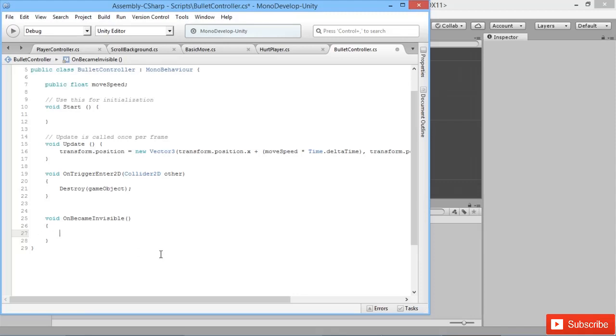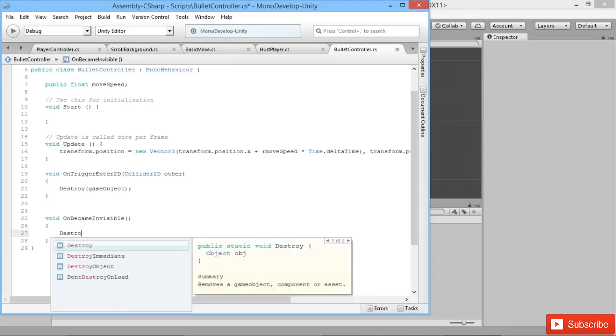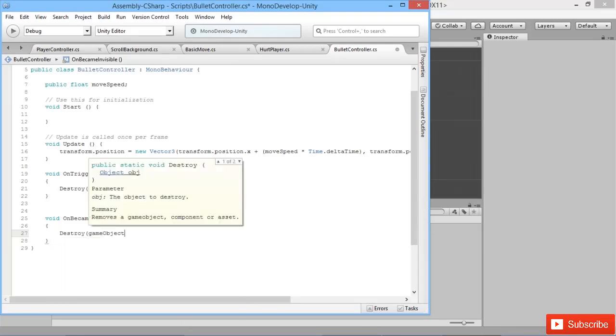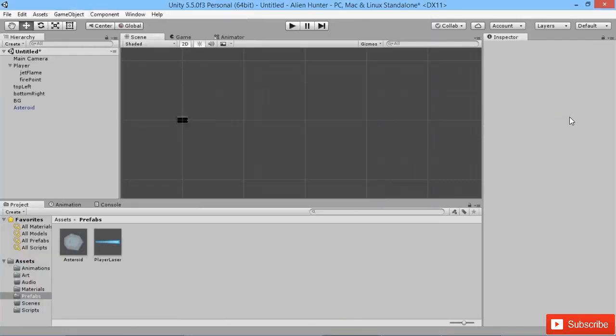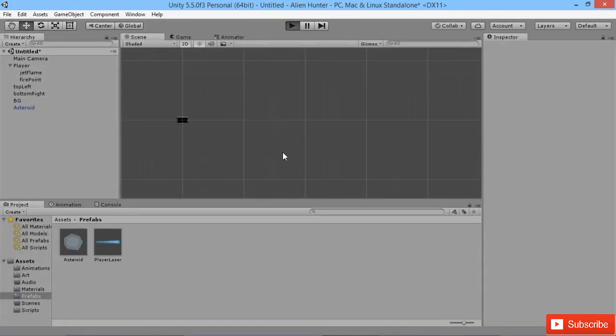There's also OnBecameVisible, which is for when an object first arrives on screen, so you could do stuff that way. But when our lasers become invisible, i.e. when they leave the screen, we're just going to say Destroy(gameObject). So it'll just destroy the laser, so we don't have to worry about it anymore. So we'll save, we'll go back into the game, let it compile, and now when we press play,